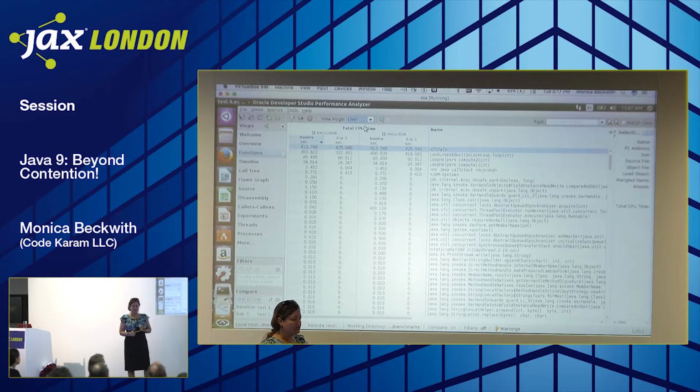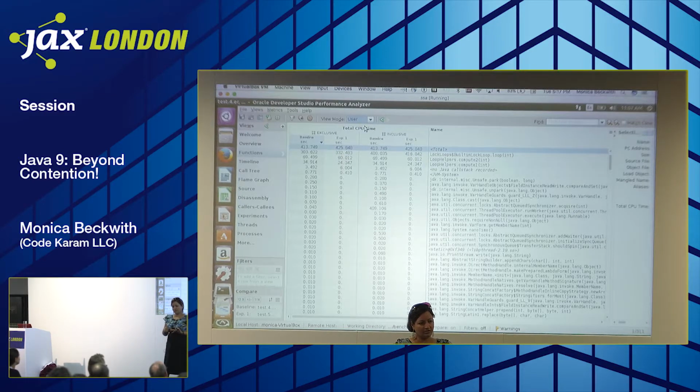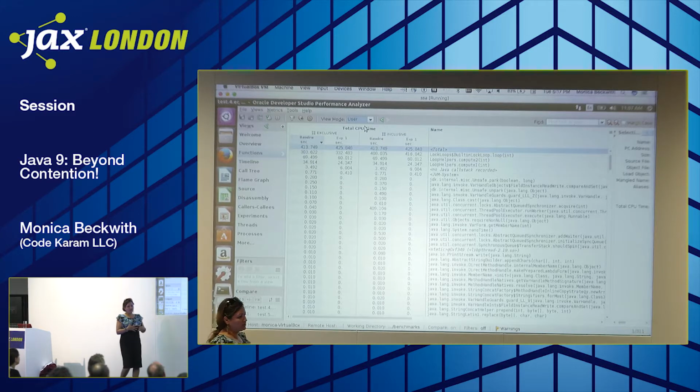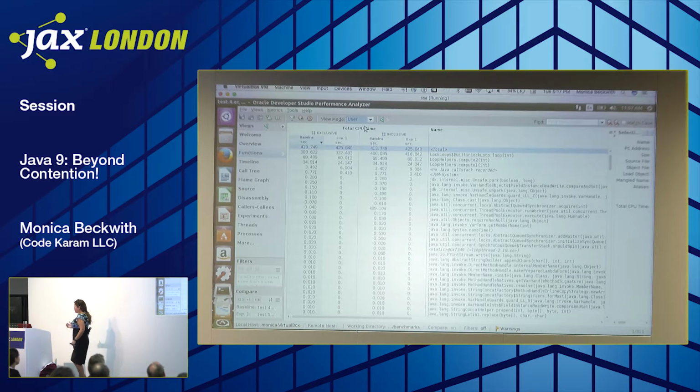Within exclusive, we see baseline and experiment 1. Baseline is our JDK 9, I'm sorry, and Java 8 is what we are comparing it with, right? But I want to go into more detail because remember, this change is within the JVM, so basically within the runtime. I want to look at the locks. I want to see what my runtime does with respect to it. So for that, I will choose the machine mode.